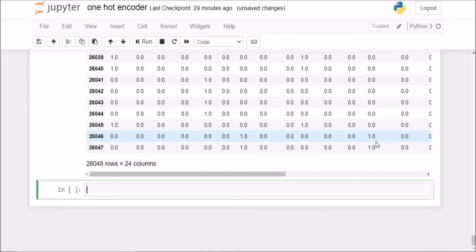Now if you want to do it for all the columns, we can capture all the categorical columns in this data frame. So I can say give me column for each column in X_train.columns if X_train of column .dtype equals object.